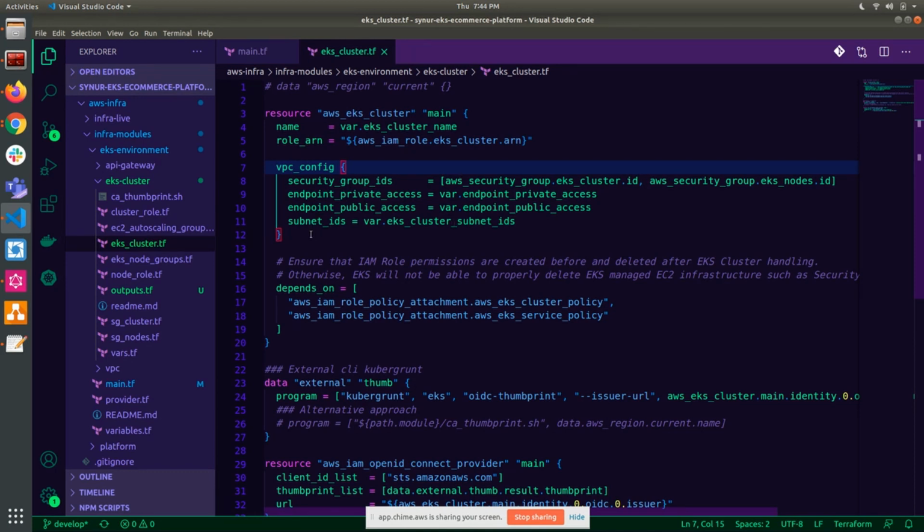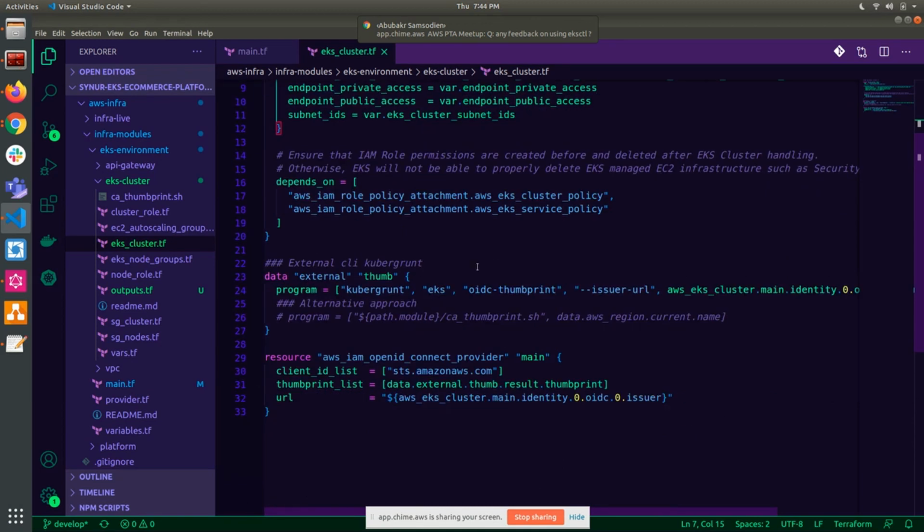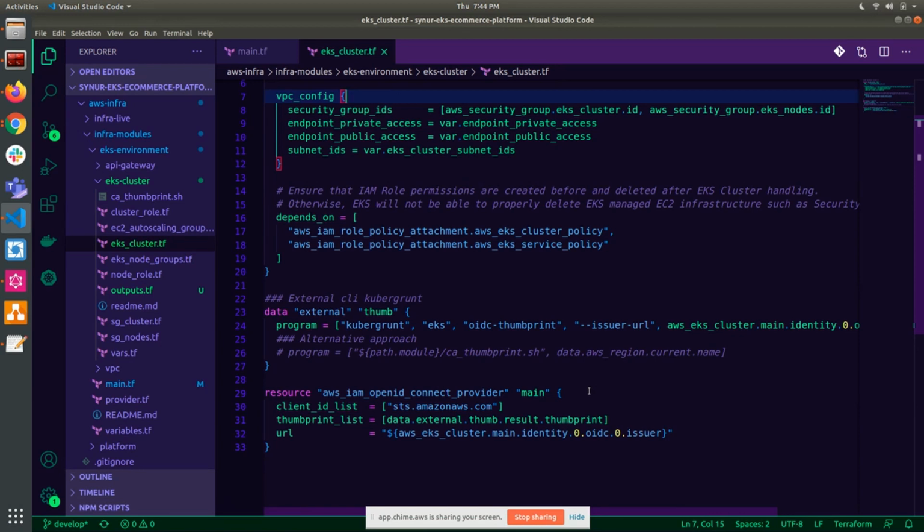So you would essentially configure the relevant subnet IDs, the endpoints. So this is for the networking mode. You can see over here, this is where you would set the private and public access as well, and the relevant security group IDs for your cluster. Okay, and then the OpenID Connect provider, which I think Calvin touched on as well, you can also set up quite easily over here.